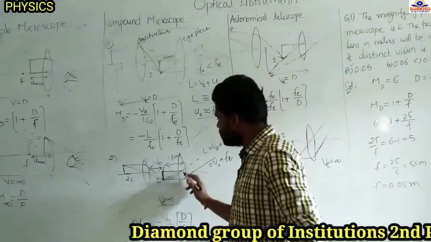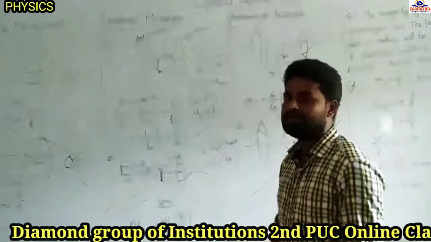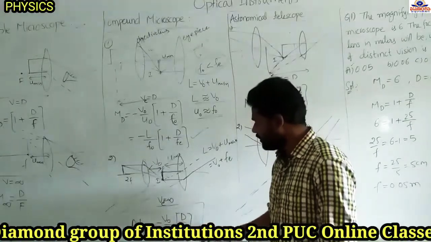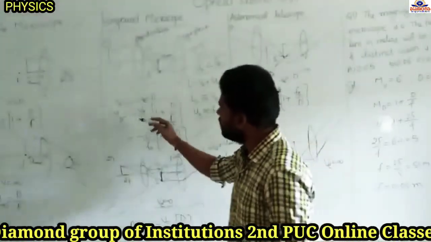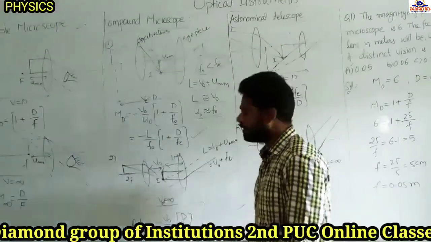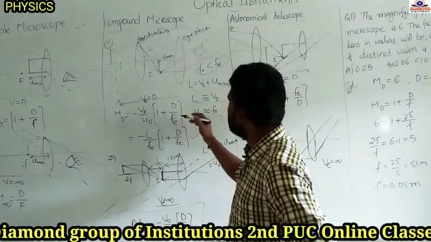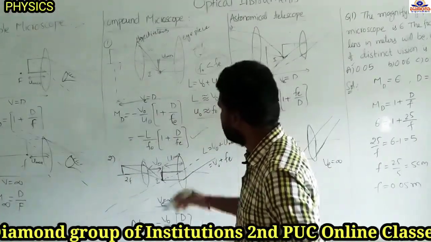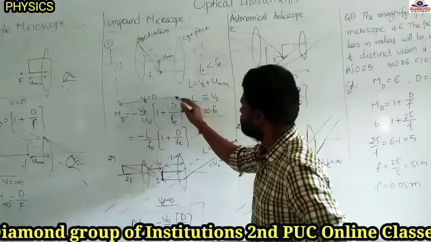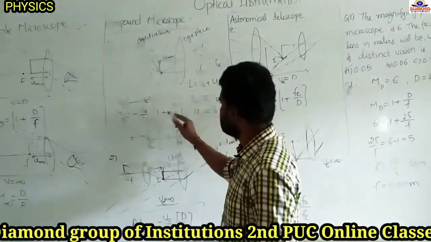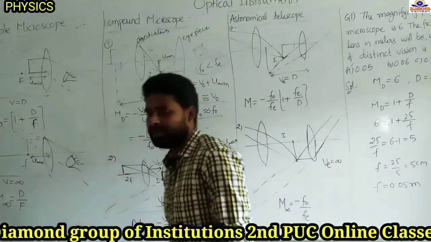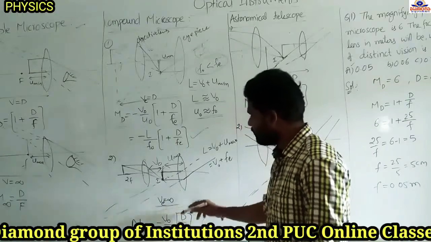So now here, whenever the image is forming at infinity, the magnifying formula is m infinity equal to minus v naught by u naught into d by fe. So same formula here. We are not changing the objective magnifying power, we are changing the eyepiece magnifying power only. So same thing here. If the image is at the least distance of vision, 1 plus d by fe, fe being the eyepiece focal length. And if the image is at infinity, m infinity equal to d by fe, the eyepiece focal length.